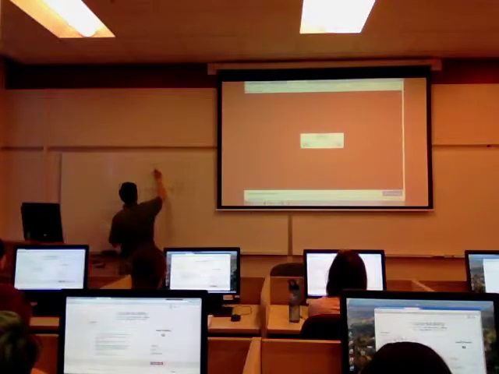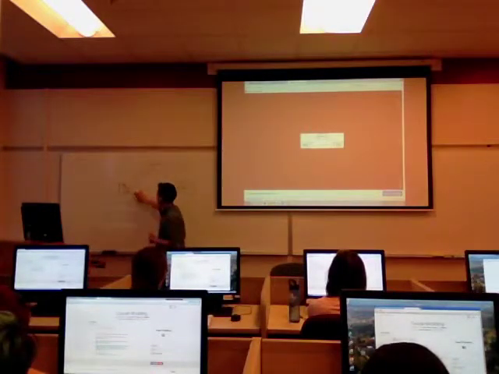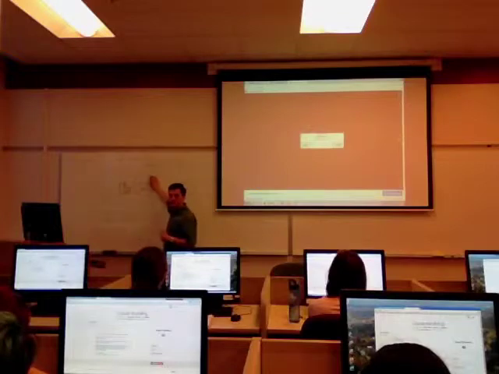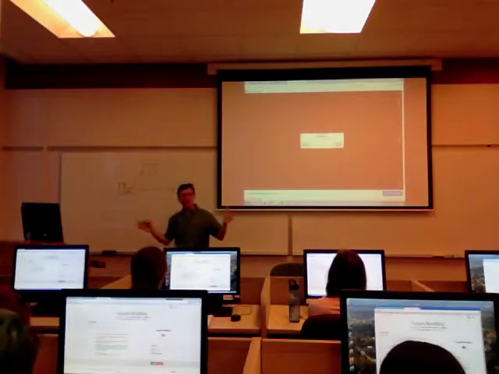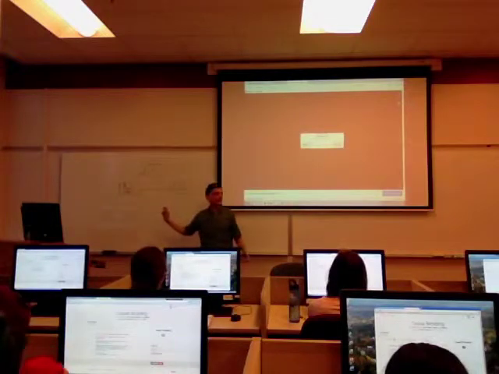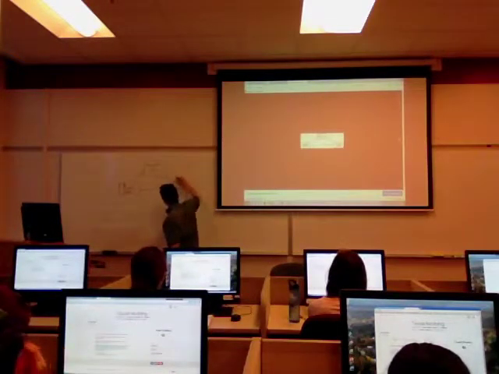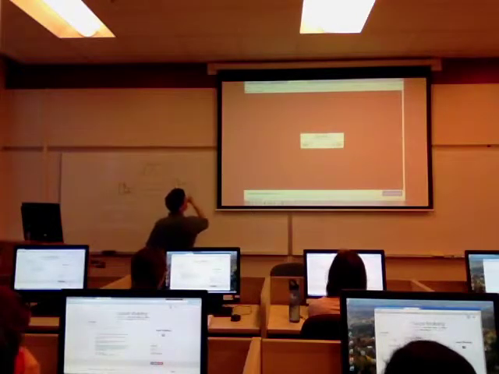Let's see if that might make sense. So the first move was to go from here to here. I think they call that path A, okay? Do we think there's going to be a significant correlation between the number of traffic lights in the city and the population of the city? Bigger cities, other things equal, ceteris paribus, tend to have more traffic lights. Yeah, that works, okay? Bigger cities tend to have a greater number of murders per unit time. And we call that C, we'll call that B.